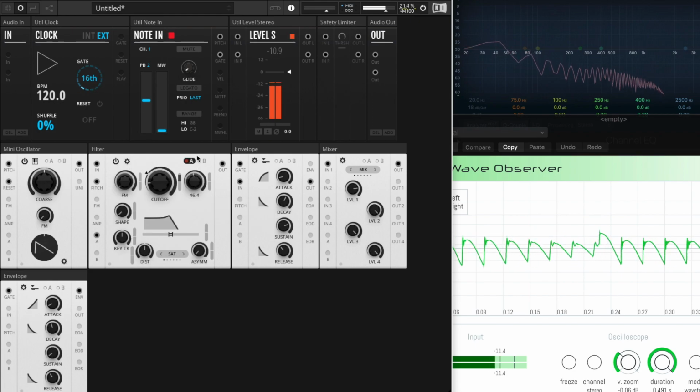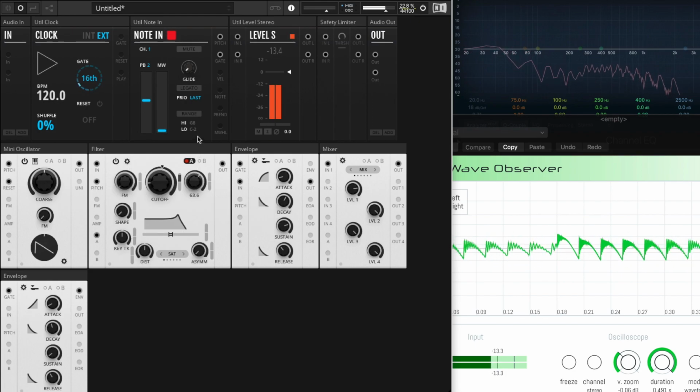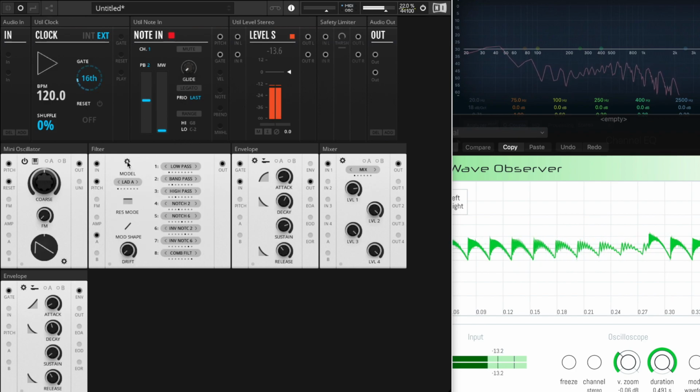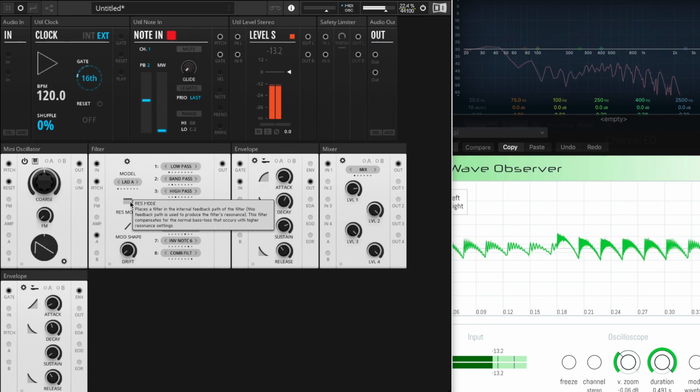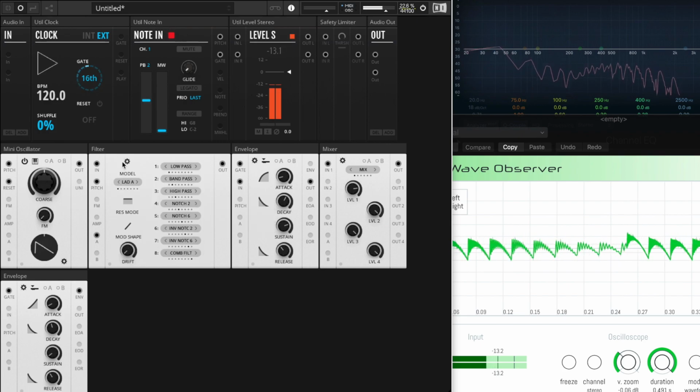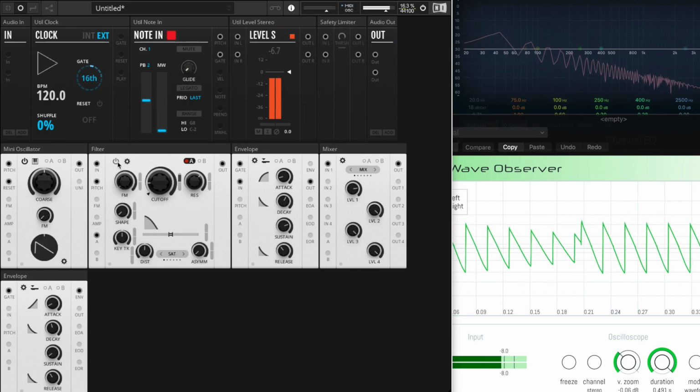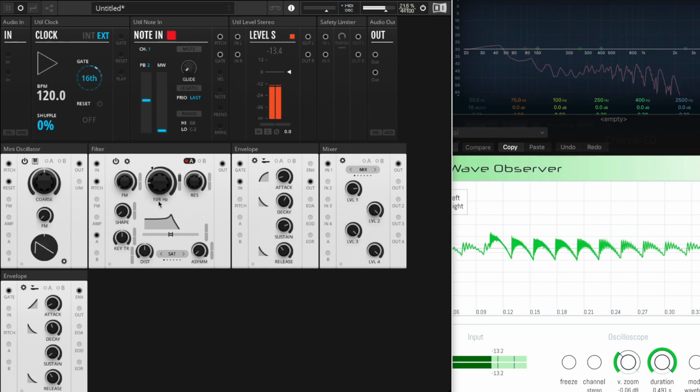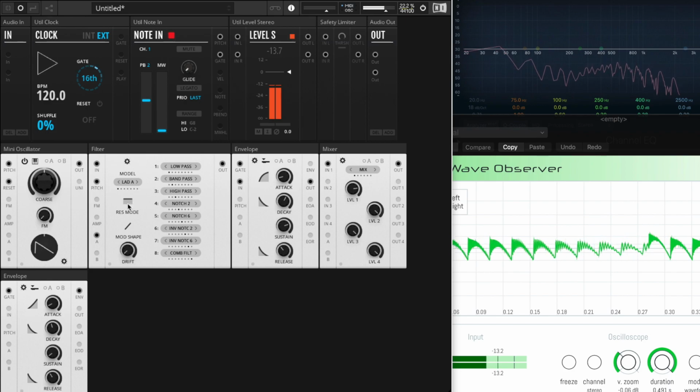So here we have, let's increase the resonance so we can hear the resonance, and flick back to the options screen. So here we have no high pass, and if we just look at the wave observer window to the right there, we can see the nature of that wave and how the filter's affected it. Obviously it looks like this initially, and now it looks like this. So what happens when we